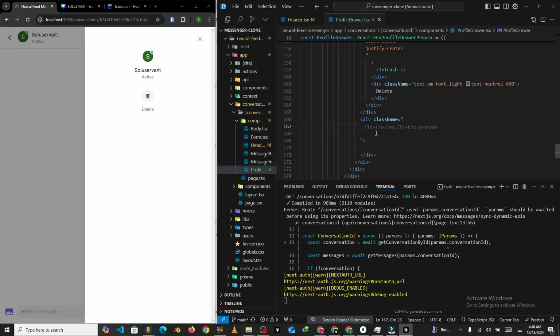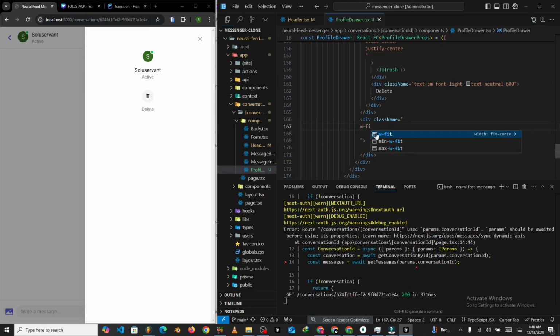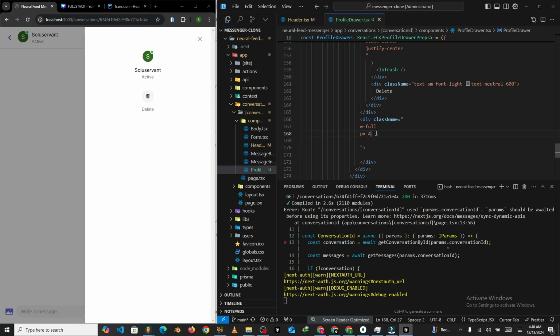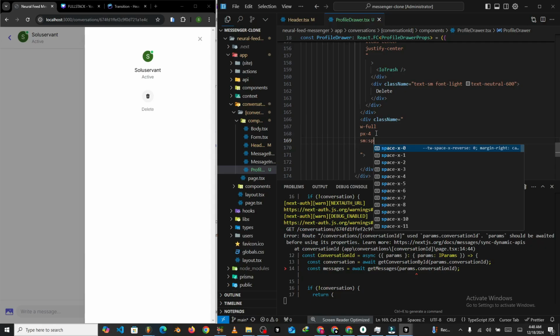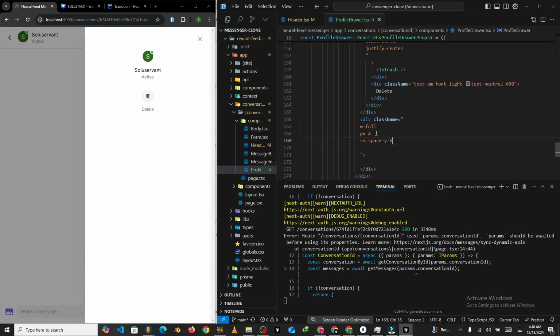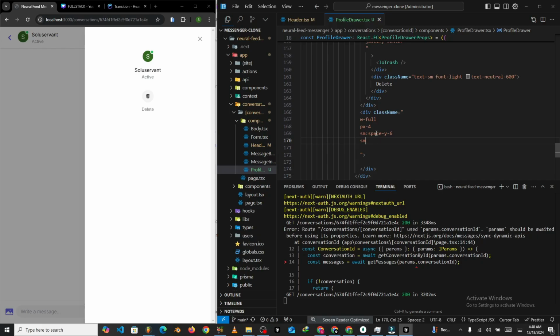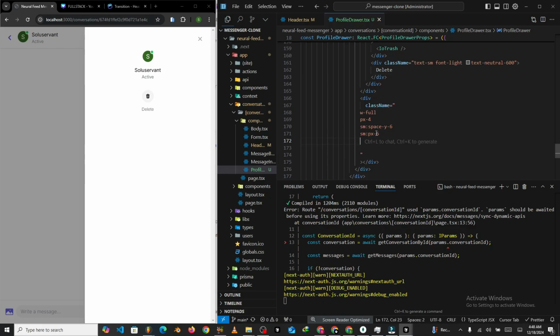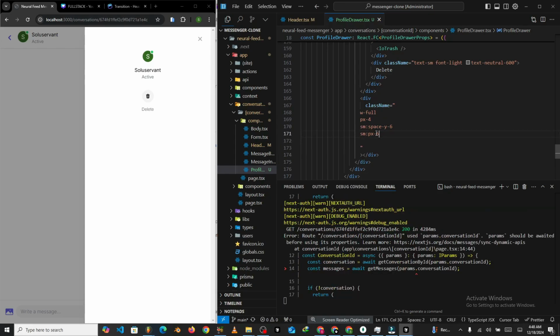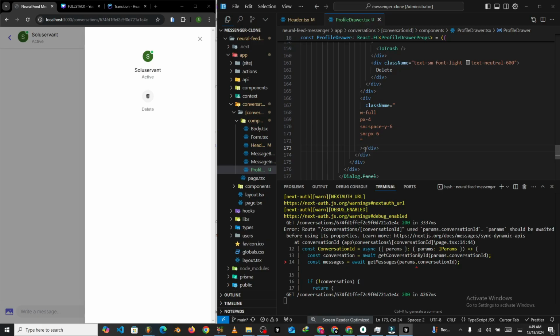Then inside, we're going to say w-full. Then px-4. Then sm is going to be space-y-6, like this. Then sm is px-6, like this. Nice and clean. We can just clear that. All right, now right after setting it up like this, what you want to do is